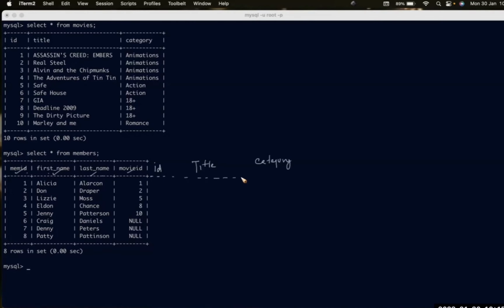Right? So now, how many records? Which are the records which are common? When you look at the common records, you can see you have 1 here and 1 here. 2 is here, 2 is here, right? So 3 doesn't have an entry here. 4 doesn't have an entry here. 5, 5, no 6 and 7. 8 is there and 10 is there, right? So these 5 records corresponding to movie ID 1, 2, 5, 8, and 10 are the records which are common to both tables, right? So after you do an inner join, these are the common records that you will have,